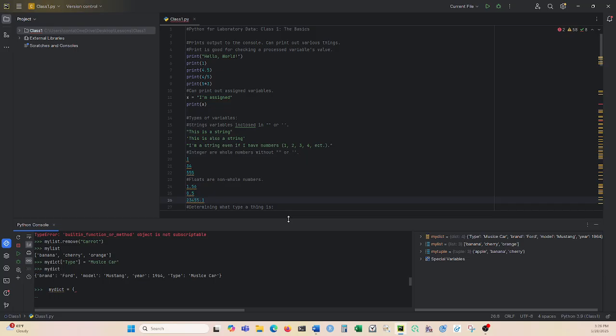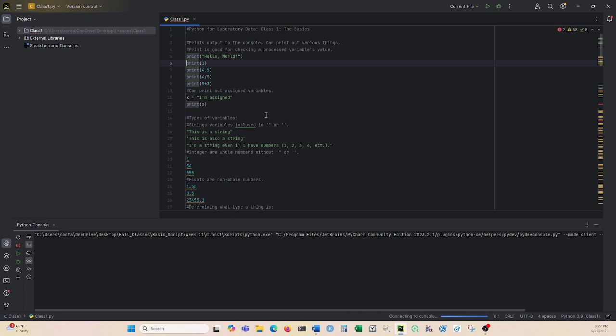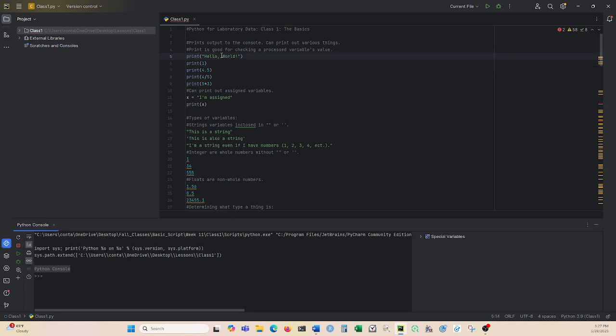Now that you have Python and PyCharm, let's go over some basics of Python. The first thing you do when you're running Python, the first time you do, is say hello world, and you can see,